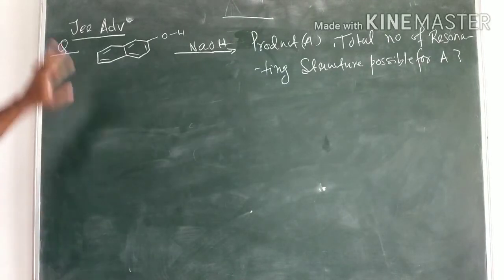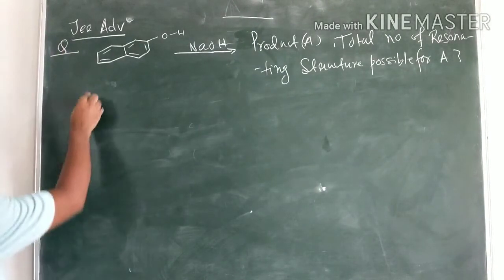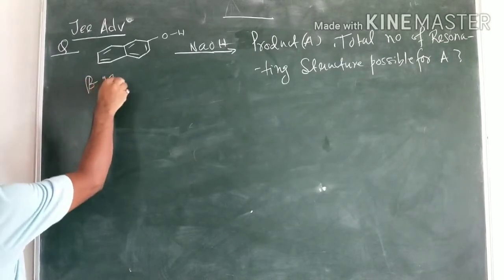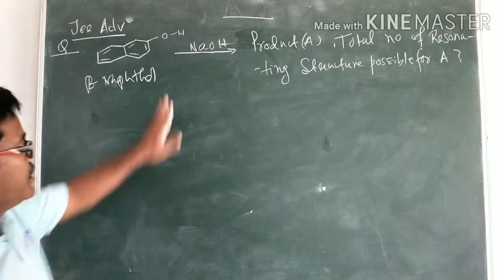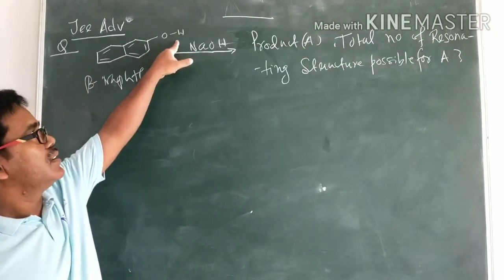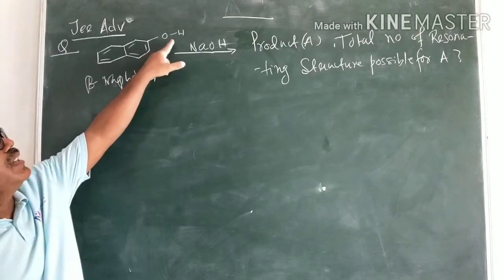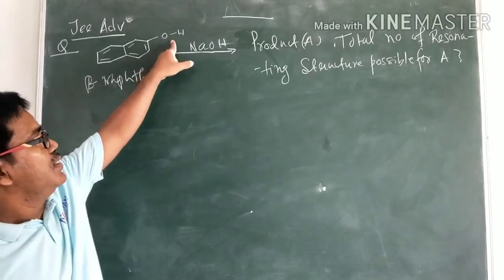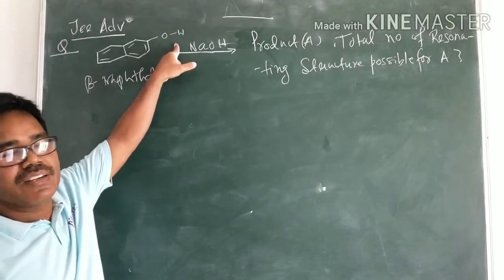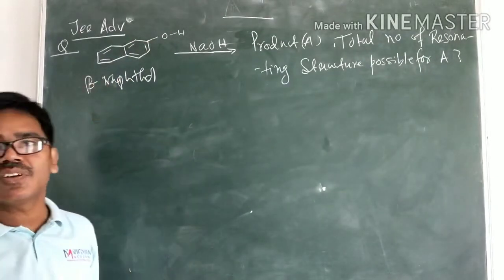This question was like that, the beta naphthol. I suppose everybody knows that it's called beta naphthol. Beta naphthol is an acidic compound due to the presence of the hydrogen oxygen bond. This hydrogen oxygen bond is highly polar because the difference of electronegativity between hydrogen and oxygen is very high. Therefore, this oxygen hydrogen bond can easily be broken, and that's why it can generate H plus ions, which makes this beta naphthol an acidic compound.